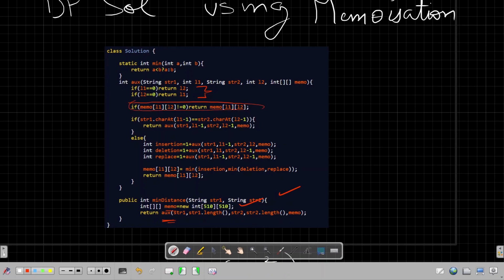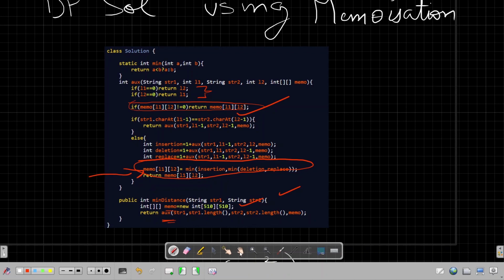This part and this part are different. So I'll explain only the different parts. If a recursive call comes and we already have a result computed in the memo, I'll directly return that from the memo table or DP table. And while computing a result, before returning, I'll store that in the DP table. So that part I'm doing here.